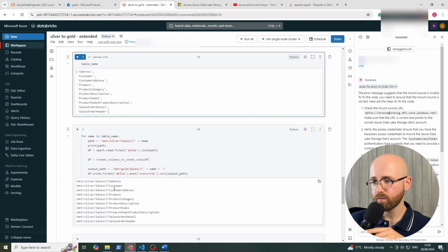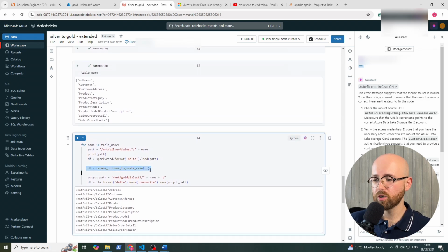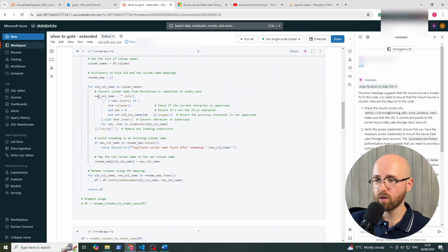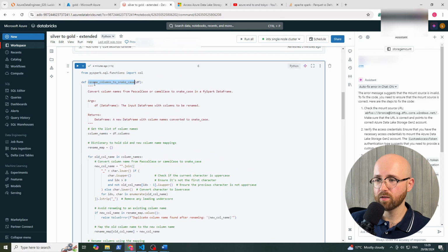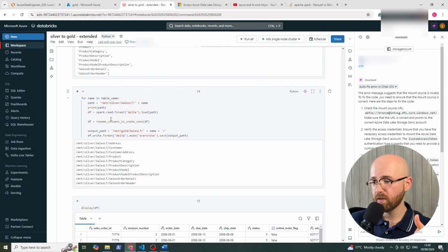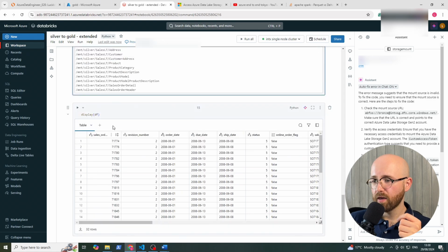So next, to do this for all of them, as we had previously mentioned, we're using the function rename columns to snake case. That's this function up here. That's the name of it, as defined there. So let's go back down, and we're just doing the exact same type of thing as bronze to silver, which is for all the tables, run this. And then the output path now is gold instead, and we're still going to do delta format. And if we run that,